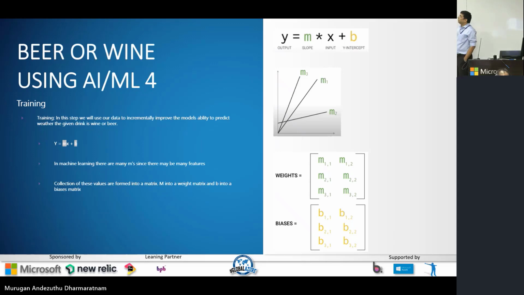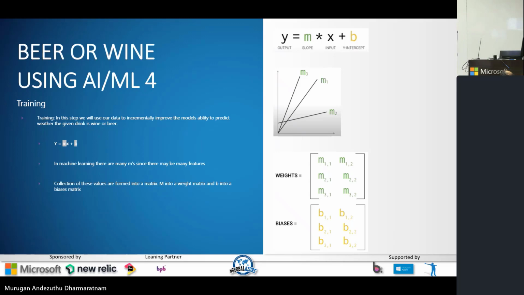Now the purpose of AI is basically tuning. The purpose of a linear model will be to find a line that clearly separates wine and beer in this case, right?